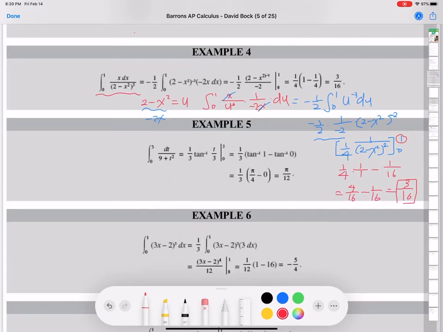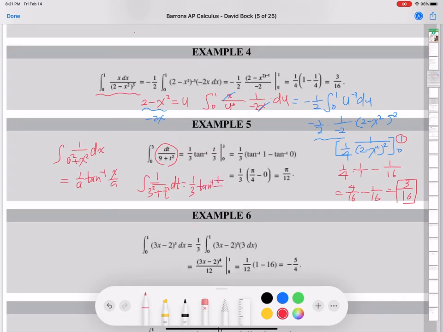Example 5 problem. It is tangent inverse, right? Because the formula is this: the integral of 1 over a squared plus x squared dx is 1 over a times tangent inverse of x over a. So this is exactly the 1 over a squared plus x squared form. What is a? a is 3 because 9 is 3 squared, right? So the integral of 1 over 3 squared plus t squared dt equals, by the formula, 1 over 3 tangent inverse